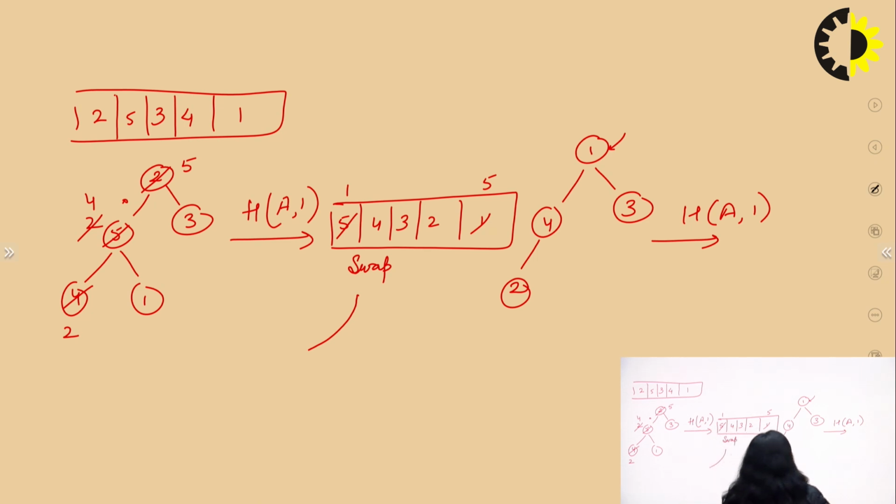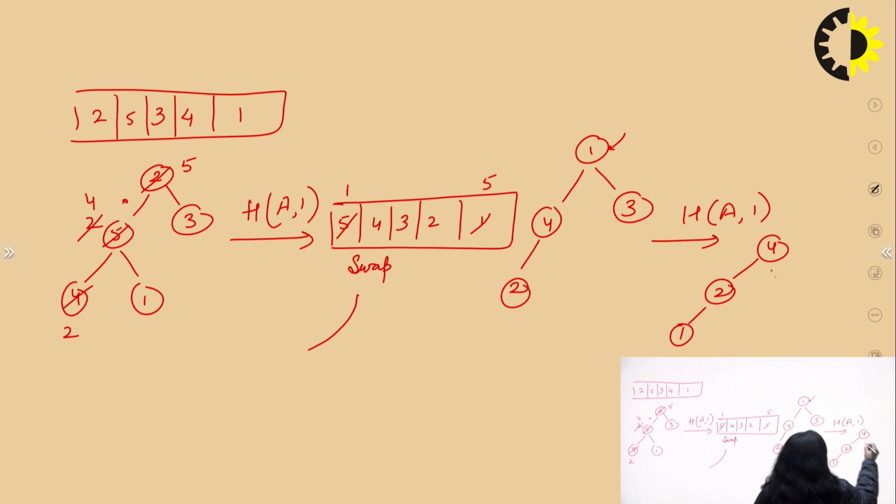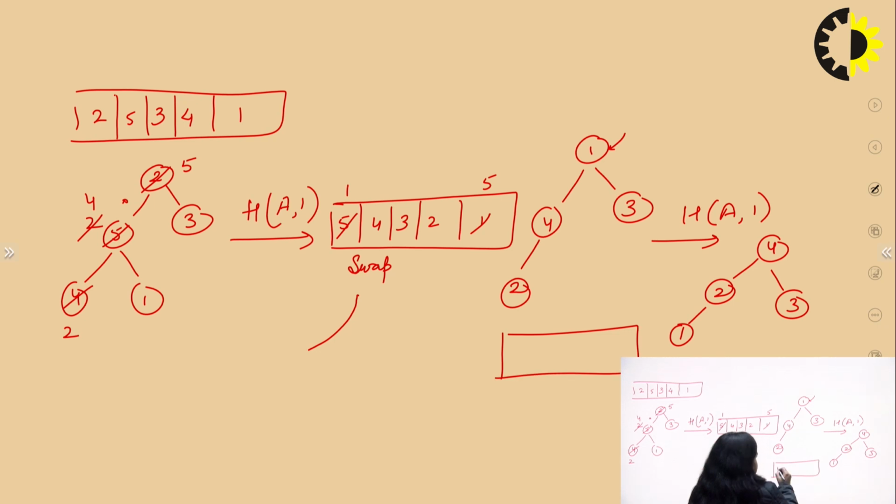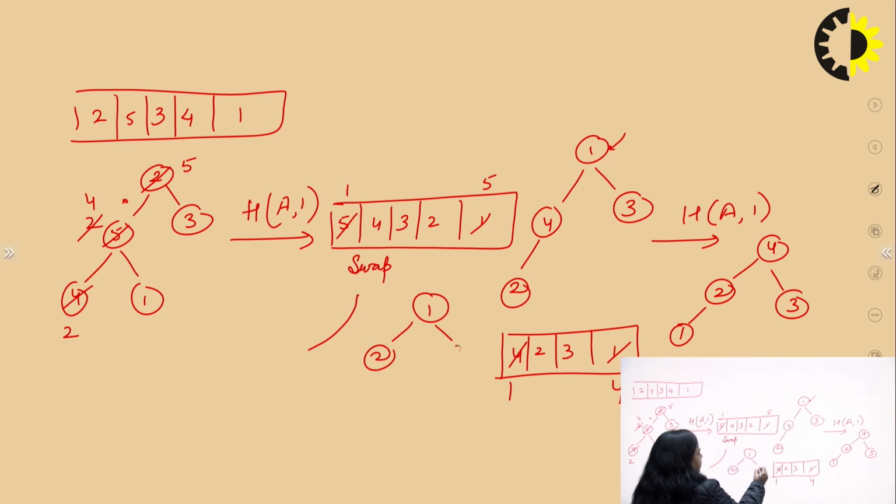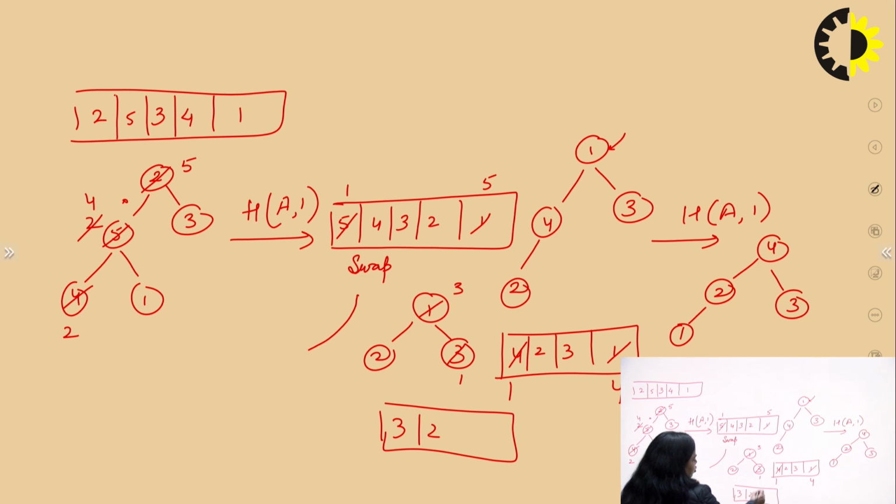When we apply onto it, then we will be getting 4, 2 and 1 and then 3. Then this becomes heapify. So we will convert into the tree as 4, 2, 3 and 1. Swap the last element with the first element, that becomes 1 and 4. Now the tree becomes 1, 2 and 3. Now again if we do this swapping, this becomes 1 and this becomes 3. Then we are getting an array as 3, 2 and 1.